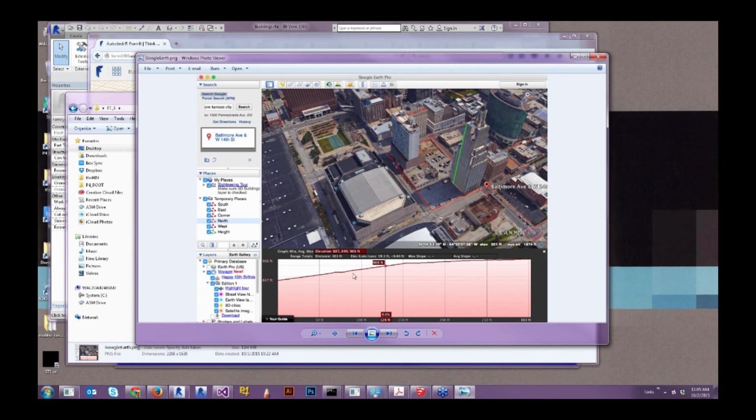So you could interpolate and create your own topo surface in Formit, and you can also get building heights from that. So if you've got context in your model, you can grab this guy, measure this height as 300, 400 feet, whatever it ends up being, and then create that geometry in Formit.